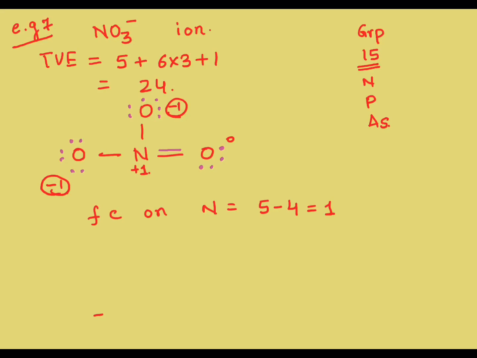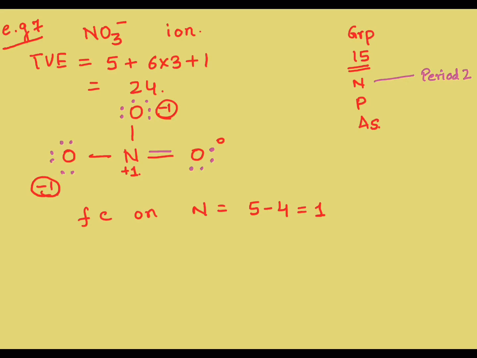So what do we do? Oh yes, that's what you're saying, right? We ask the oxygen to form a bond here as well. Would that be right? Think about it. What kind of a host is nitrogen? Is nitrogen a big-hearted host? Does he have a big house? We are talking about an element in period 2. Period 2 element. So does it have a big house? No, it does not have a big house.